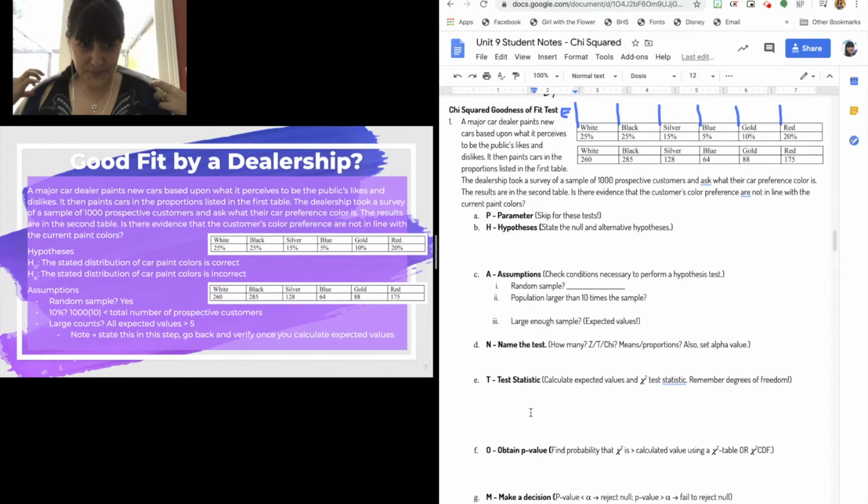Okay, so this is your chi-squared goodness of fit test example. Just like he said, this is basically where you have a car dealership and they have a distribution of percentages that they think people will buy. So they think about 25% of people